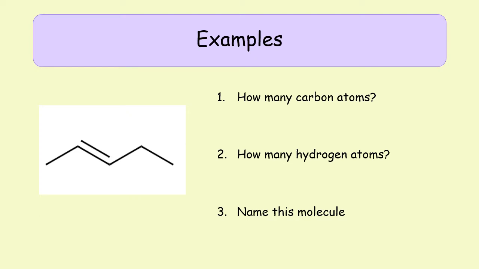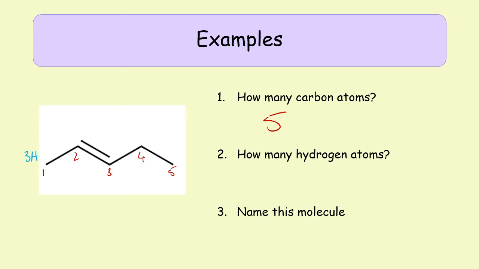Right, so this first molecule, we need to be able to count the number of carbons. So remember, the end of every line is a carbon atom, and each corner is a carbon atom. So we've got 1, 2, 3, 4, 5. So we've got 5 carbon atoms. Next thing we need to be able to do is do the hydrogens. Well, this carbon has got 1 bond, so we're going to need 3 hydrogens to make it CH3